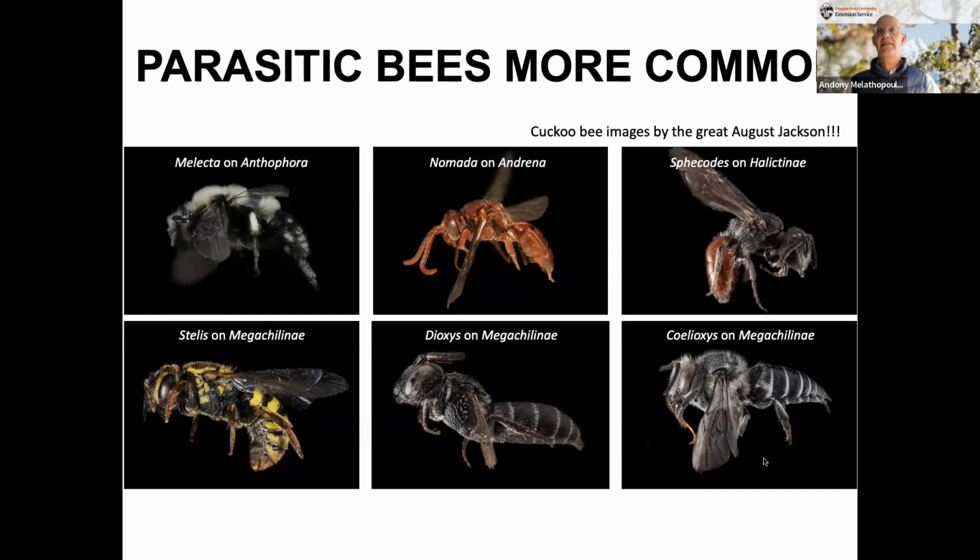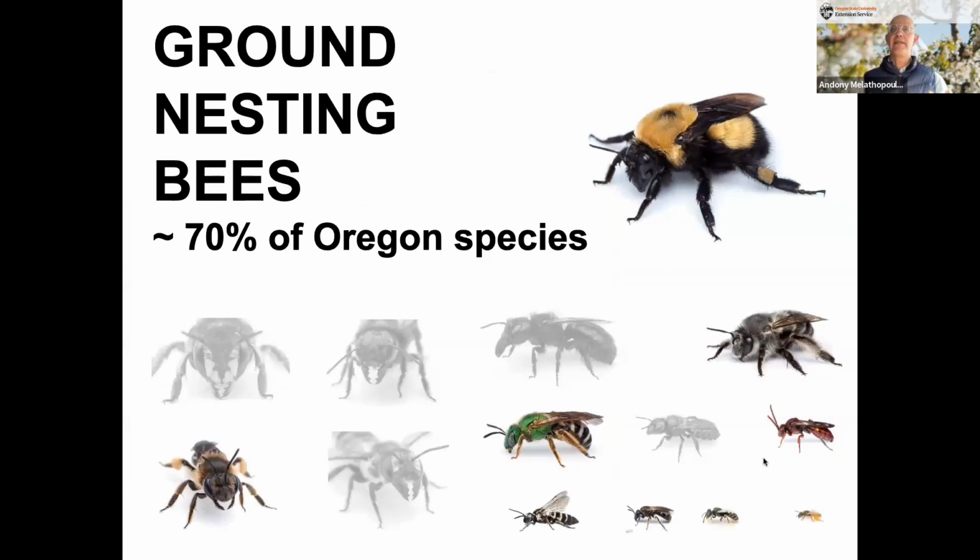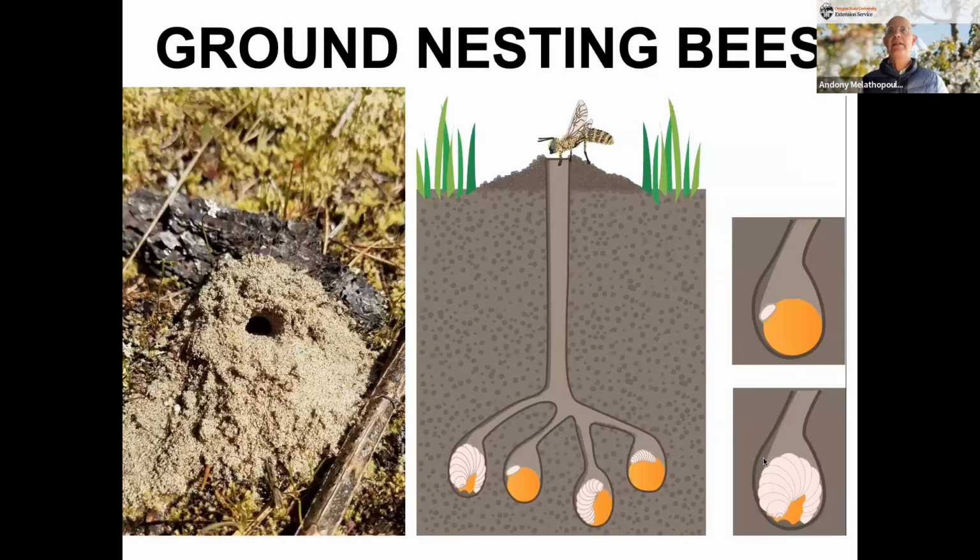Okay, this may still be esoteric, so let me break it down one more time in a way I think will be more relevant to you. How about if I tell you 70% of the bees make their nest somewhere in the ground? So all the ones that haven't been grayed out, these all nest in the ground somewhere. The typical life cycle is something like this. A female bee will come along. She'll find a suitable nesting substrate. She's looking for some kind of combination of clay, soil, silt, whatever. And then she will dig down. And then once she's dug this central chamber, she'll make these side arms where she will, in the evening,